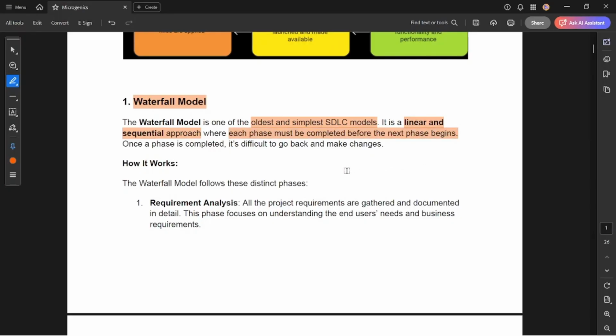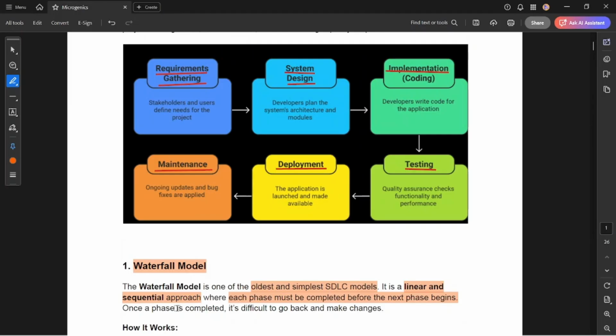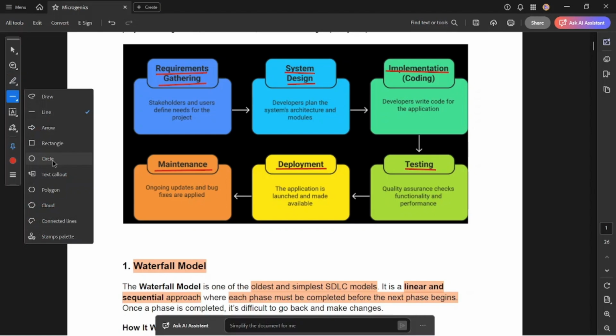What it means is that the waterfall model follows the same cycle, but the thing is, you have seen how a waterfall works, one step after another. I can just give an example,